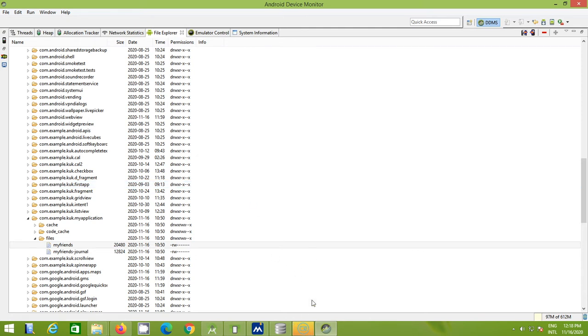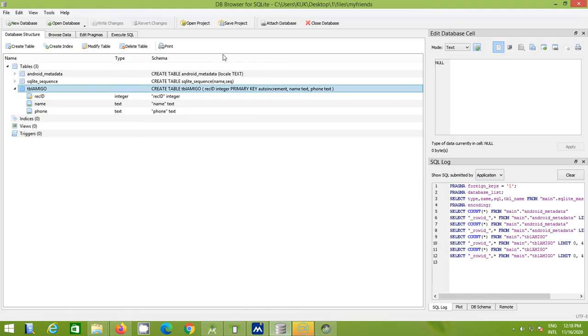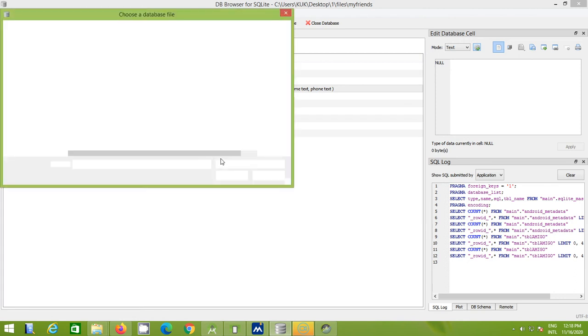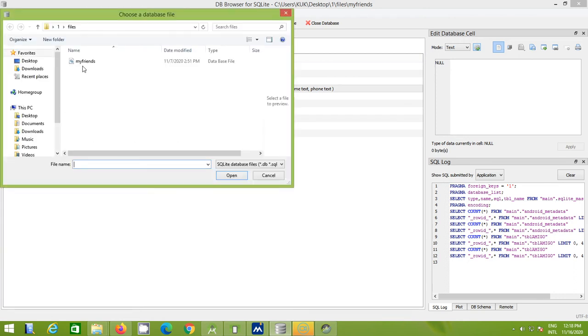After storing the database file, you will open the tool DB Browser for SQLite. I think you have installed it on your system. I just click Open Database, which opens a dialog where you find your database. That is basically my database file.